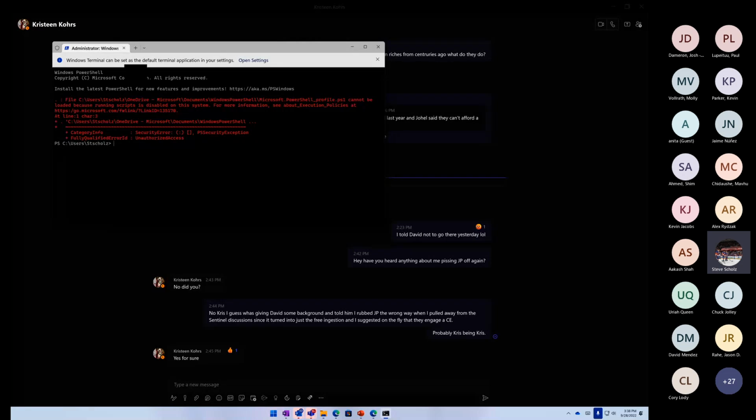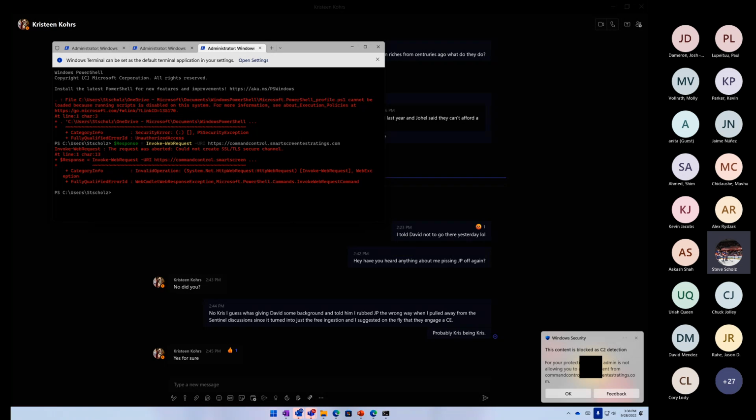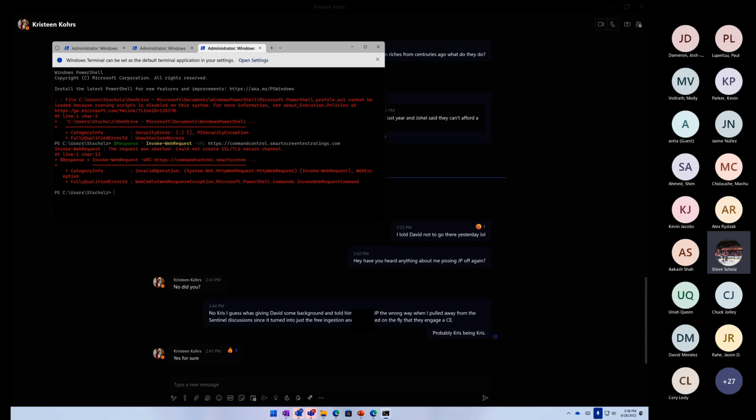So inside of PowerShell, you would basically type in response equals Invoke-WebRequest, and it's going to go to commandcontrol.smartscreen.com. When I kick it off, you'll see down here, this content was blocked by C2 detection for your protection, if your IT admin is not allowing this. And then you can also hit feedback, and it'll open up our feedback as well. Even if you don't get that toast notification,